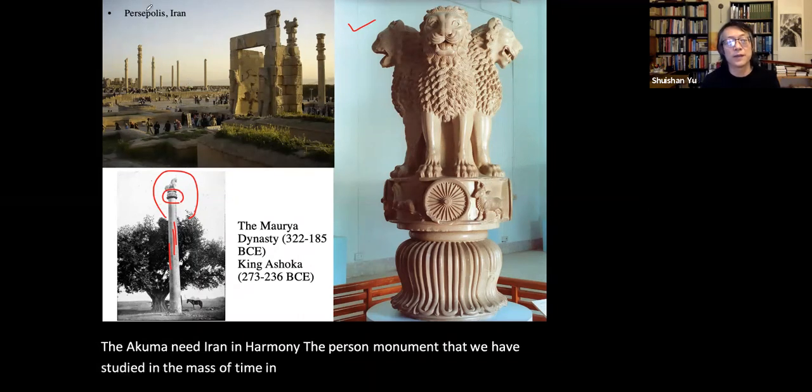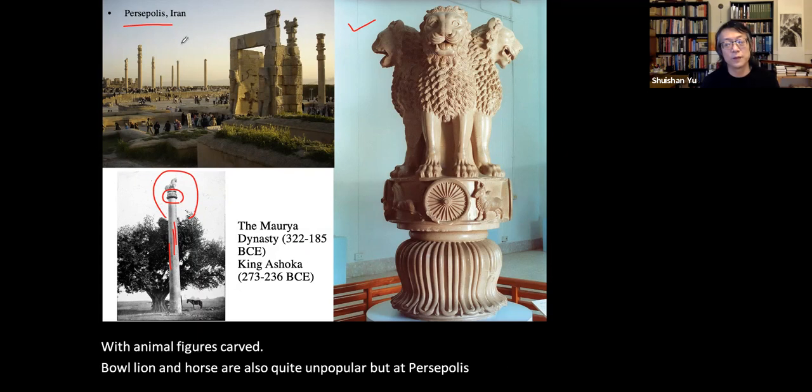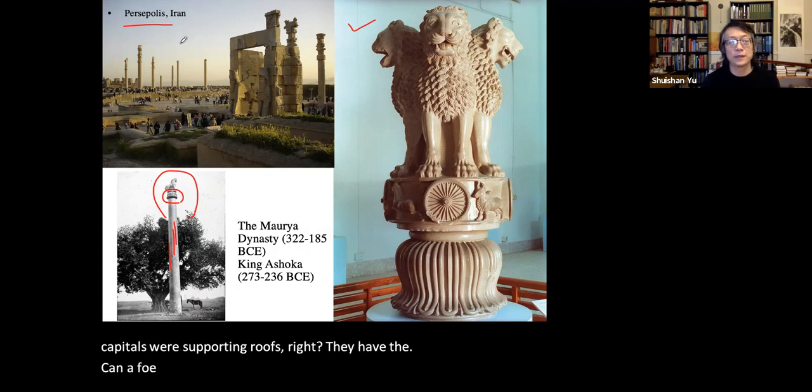We looked at Persepolis. We know in Persepolis, there are capitals with animal figures carved. Bull, lion, and horse are also quite popular. But at Persepolis, those capitals were supporting roofs, right? They have the kind of V-shaped indent to receive the wooden beams